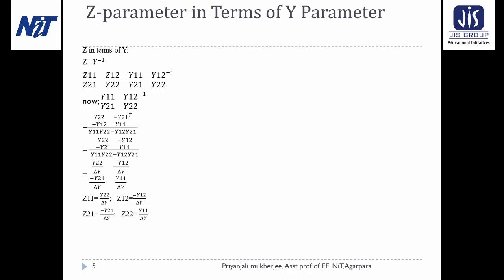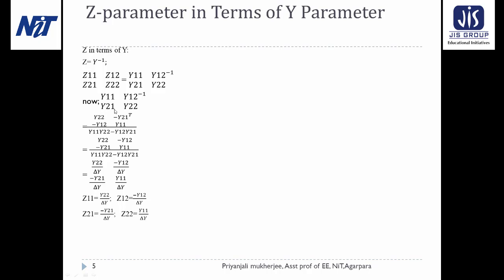First, we need to convert the Z parameter in terms of the Y parameter. So we know the relation between Z and Y. Z is the impedance whereas Y is the admittance. As the impedance is the ratio of V by I, whereas the admittance is the ratio of I by V, we can say that Z equals Y inverse. Now for this two-port parameter, Z can be expressed as Z11, Z12, Z21 and Z22, and this equals the inverse of Y. Now we are converting the inverse function, that is